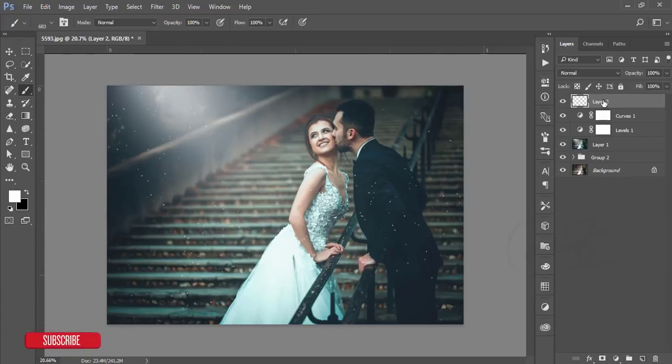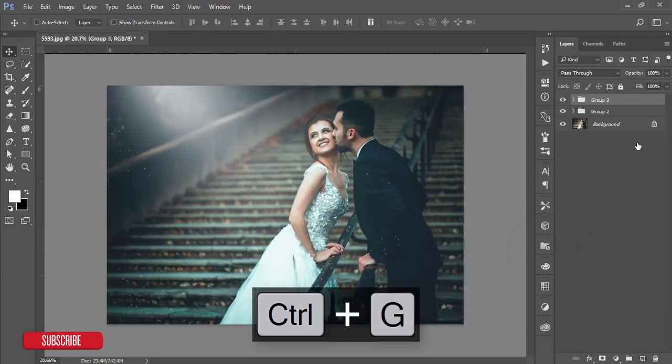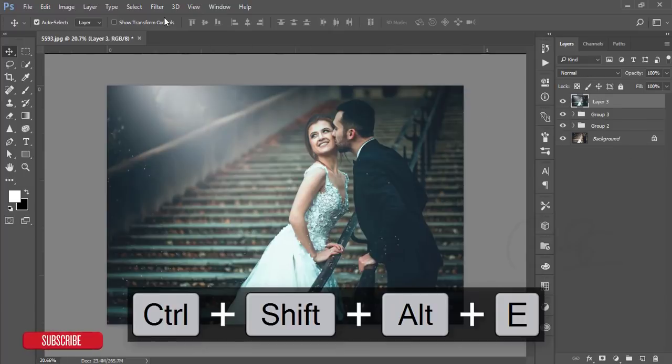Okay, that's good. And you can decrease the opacity, or you can move it wherever you want. Okay, you want to apply here, and you can give there. Okay, after that just make a group of these layers and merge it, and go to the filter and